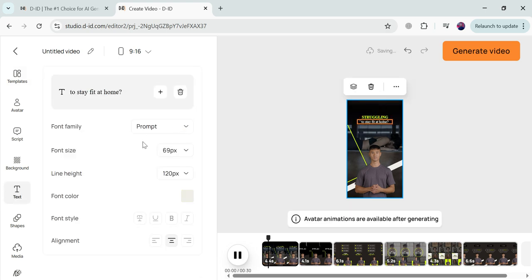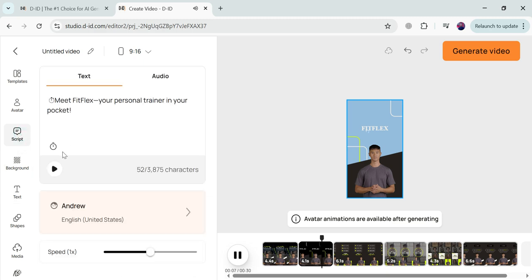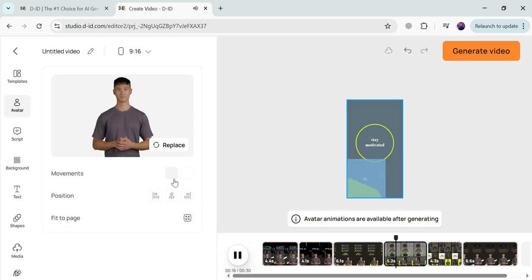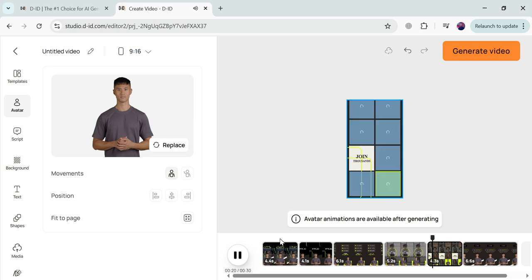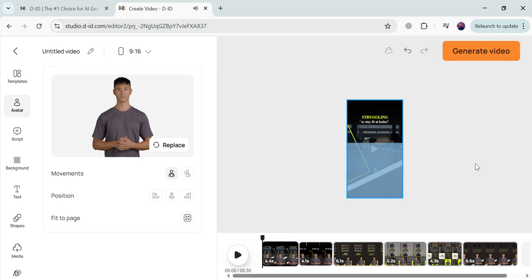Okay, you can also change the size, font, color, and everything. Okay, so in the script section you can add your personal video, trainer, or your audio. And when you select your avatar, you can customize your avatar and add your own fitness avatar. So that was all about creating an animated avatar with the help of DID. You can also use all these features, so first it's going to generate a video automatically. It will create a video for you.